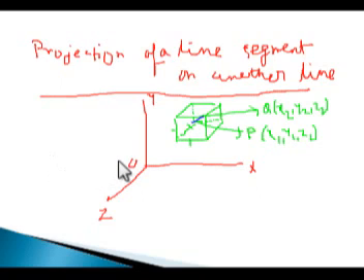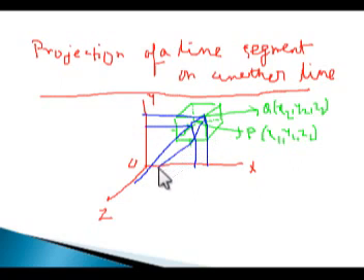So first we found the projections on the Cartesian axes. If we draw perpendiculars in this way from the points P and Q onto each of the axes, this is a 3D diagram, not very easy to draw. It can be a complex picture. So these are the projections on the Cartesian axes.